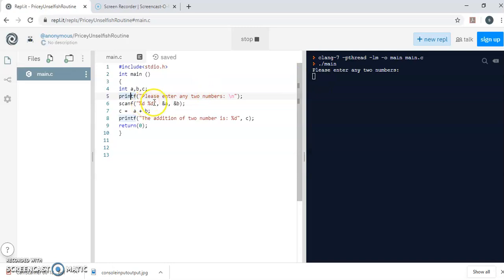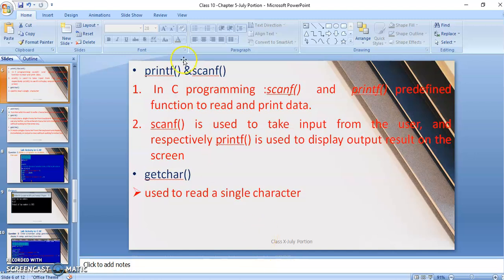We have %d %d, so it's waiting for two inputs. I'm giving a simple one: the addition of two numbers. c is equal to a plus b, a is equal to 2 and b is equal to 3, so the output of c will be 5. Clear? So printf and scanf is clear to you.